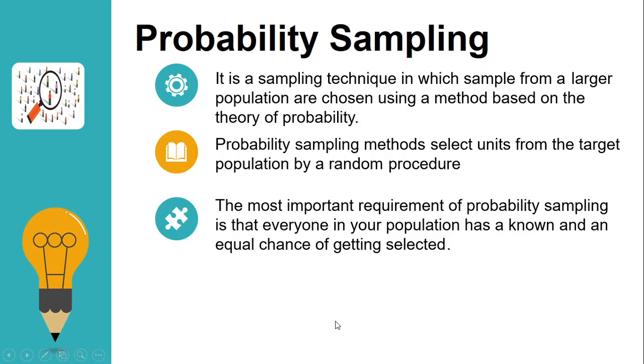The strength of probability sampling is that generalization from the sample to the population is based on sound statistical theory, the probability theory that we mentioned before. Whereas generalization from a non-probability sample to the population has to be based on argument. In non-probability sampling, we make an argument and, based on our argument, we select the sample. In probability sampling, they have the chance and we collect the information.